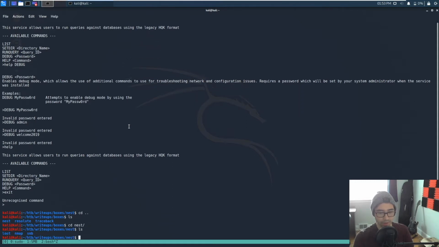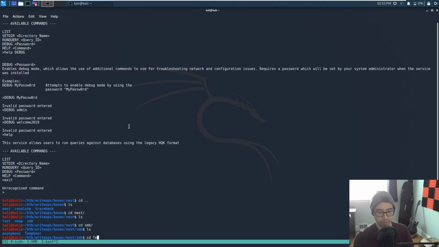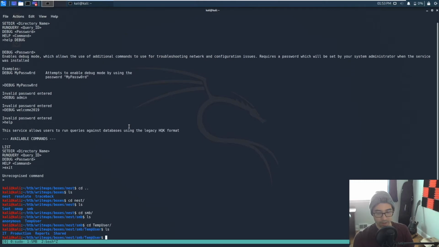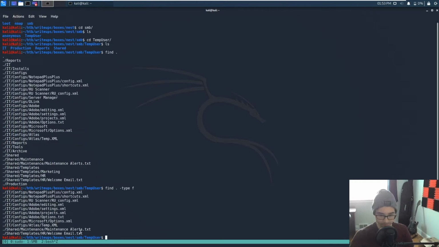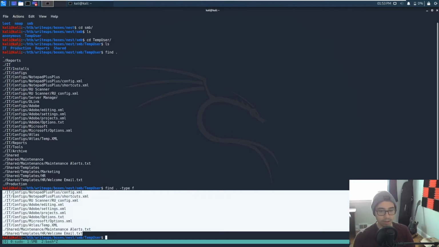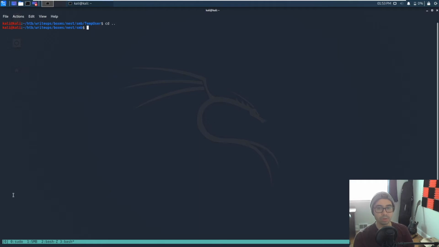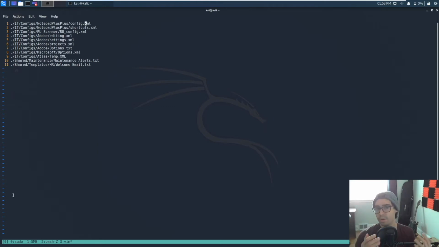So go to Nest, let's go to SMB, and we'll go to temp user. Let's just do a find, see what kind of files we should look at. What I like to do here, just to stay organized, is first find all files, copy this, and we will go to our loot directory, because we're going to take some notes right here. So you go to loot, just call this notes, dump this here. As I go in order, I'm going to write notes on every single file here that I think is useful and applicable to me. So let's start with